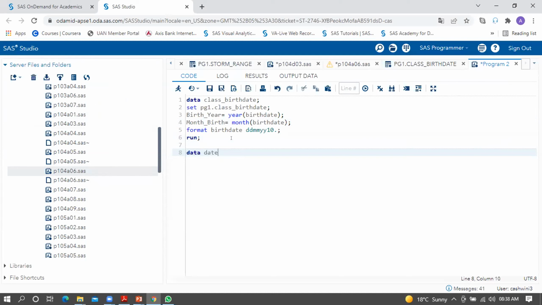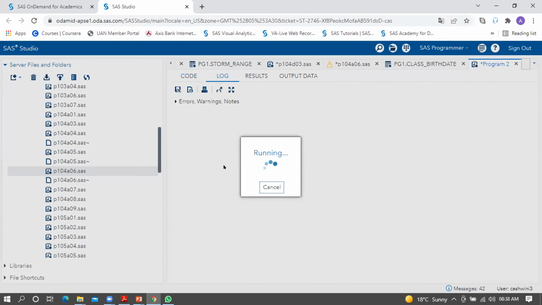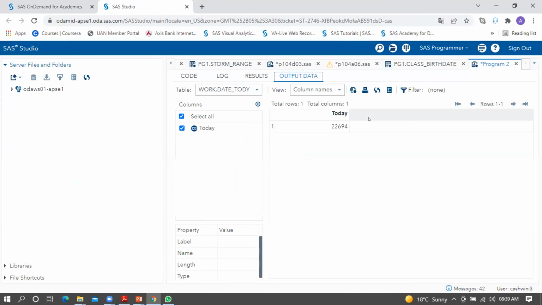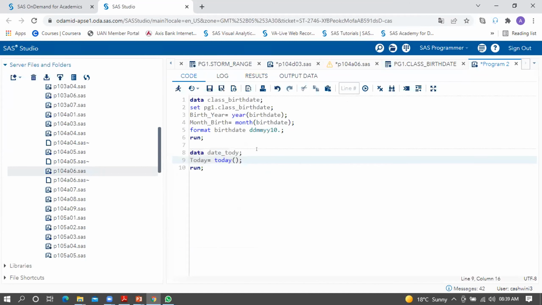Data date for today. I write the column today to be created. I use a function today with a null parenthesis, and I end my step. So I'm creating this data set, which will have only one column, today. And this today is going to extract the system date for me, which is in the form of number of days. Now I simply create another data set,